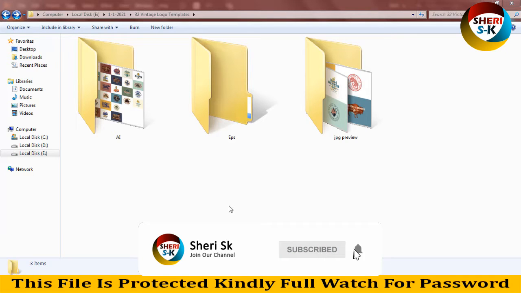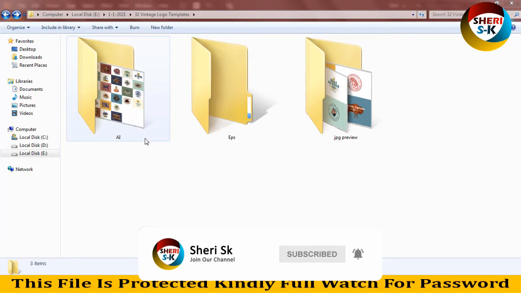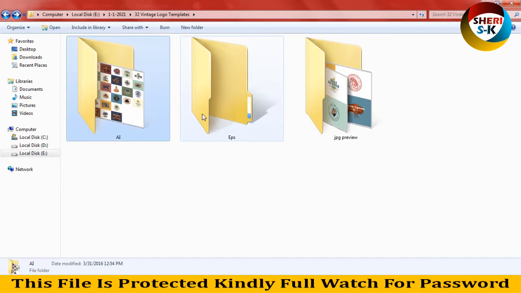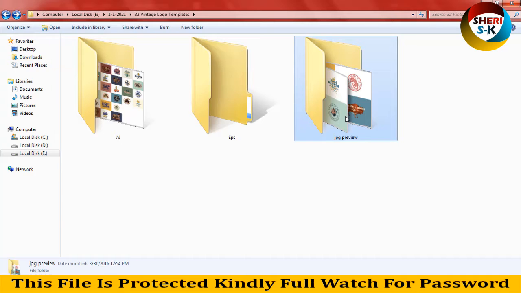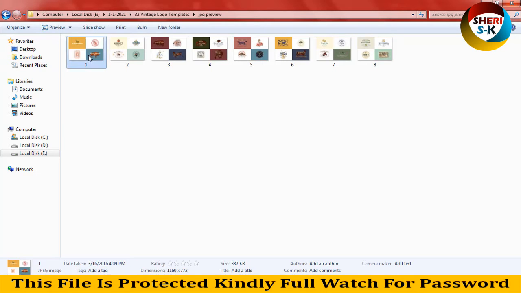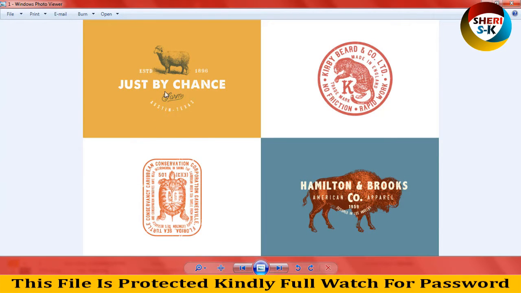Today I have 32 vintage logo templates. These files are AI and EPS for Adobe Illustrator, and this folder is JPG for preview. So I show you. You can edit easily. You can change color. This stamp